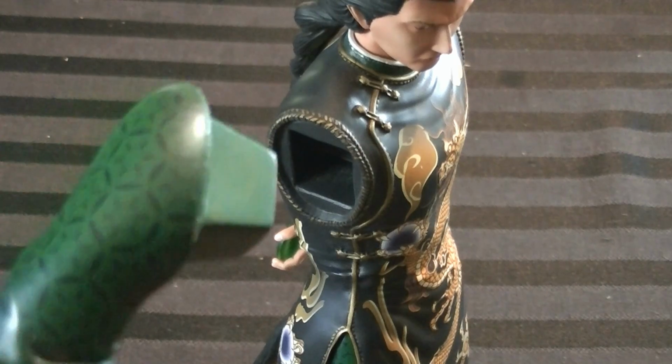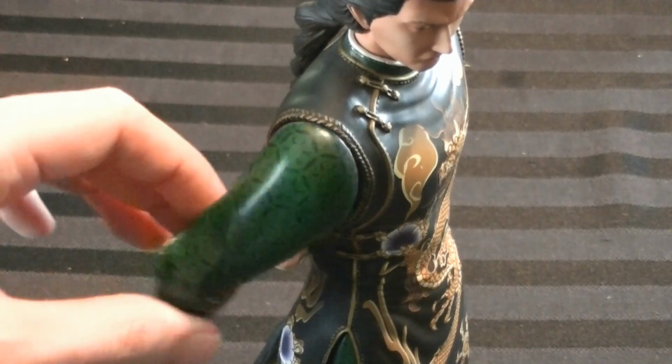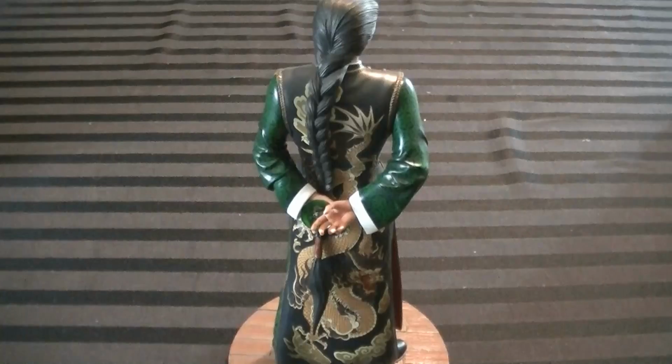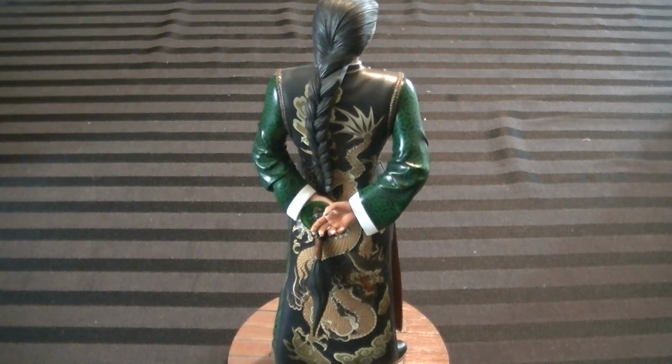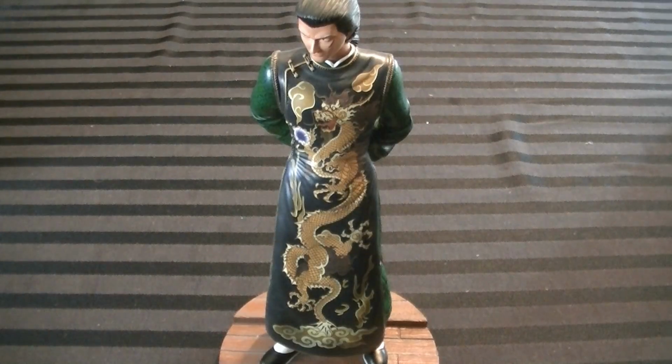Now, the reason for the 2 arms, they give you 2 different poses. Unlike the Ryo Hazuki statue, which is in a fixed position at all times, this one has 2 different ways of posing it. This particular arm goes in like that, and then he looks like he does when he ends that scene, after he's beaten up Iwao and he's leaving the dojo,